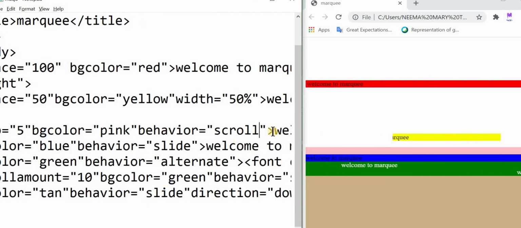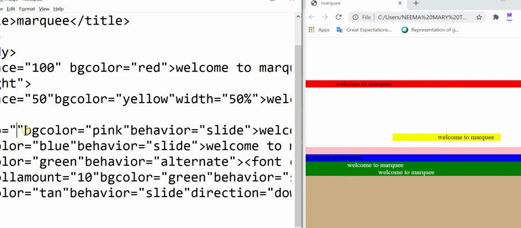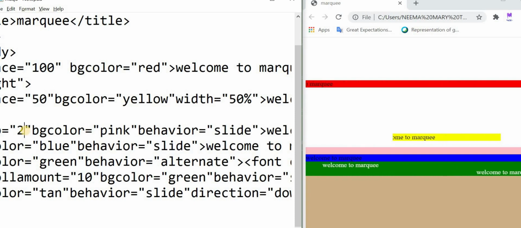Now let's check. Here I am changing the behavior to slide, and here I am changing the loop to 2. Now let's see. Control S, and now for the same pink one, I have given the behavior as slide.